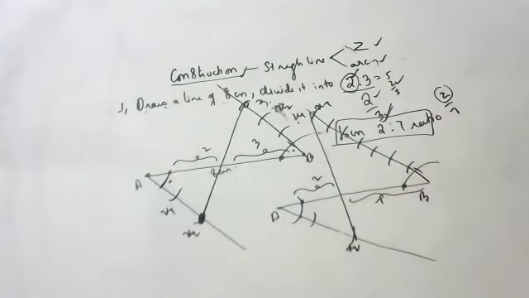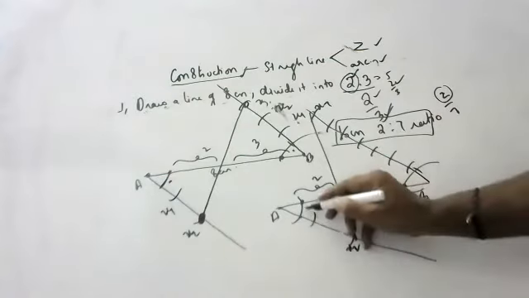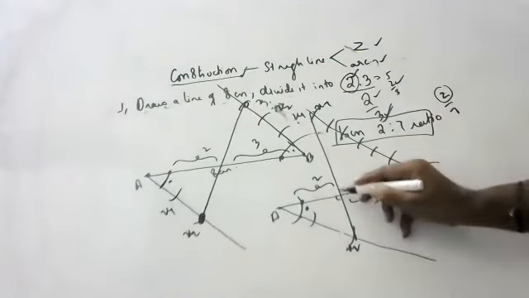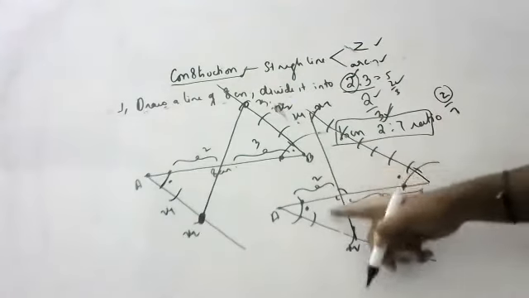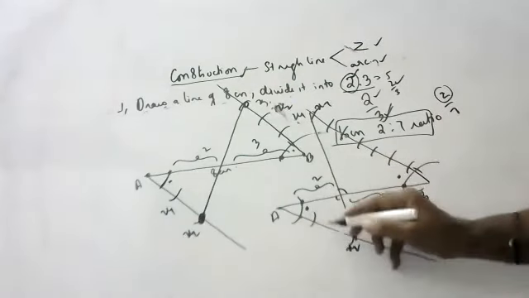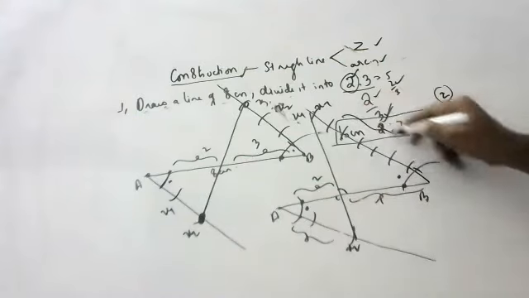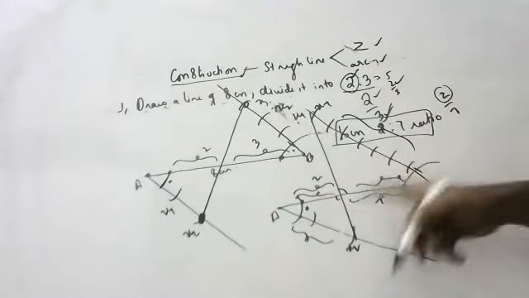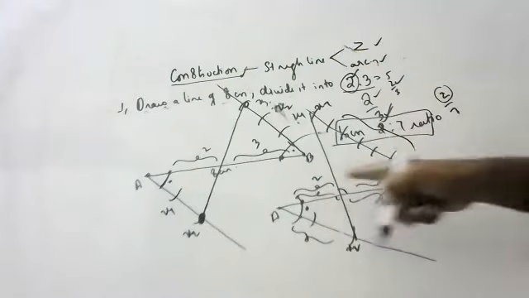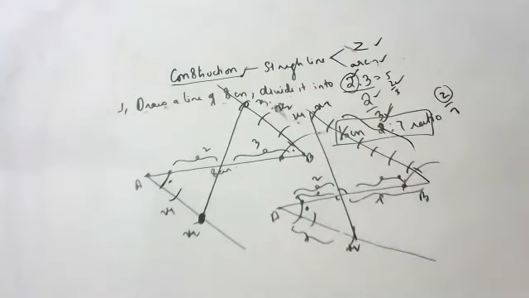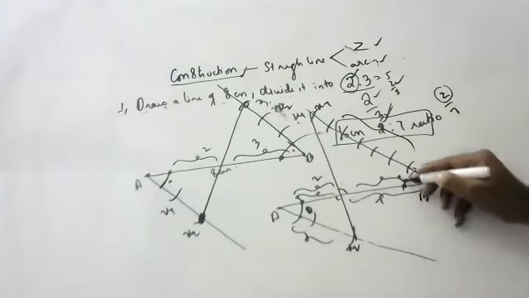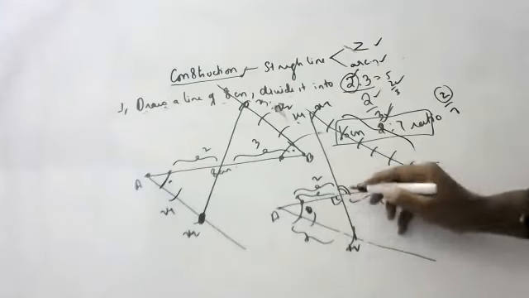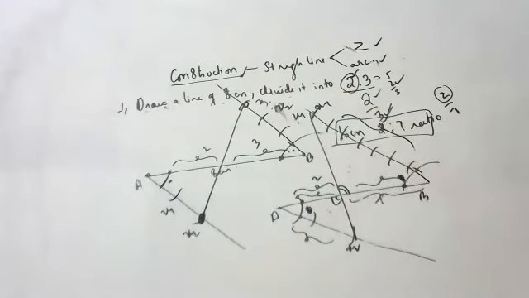How, sir, you may ask? Because these both angles are equal and these are vertically opposite angles. By AA, these both are similar. If this is 2:7, then this also will be 2:7. How? Because this angle is equal by construction, and this is vertically opposite angles. By AA, these both are similar.